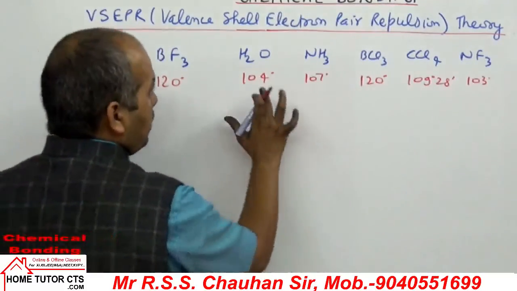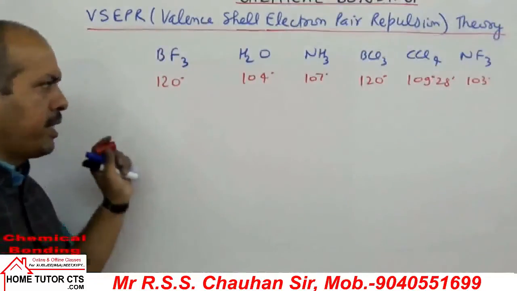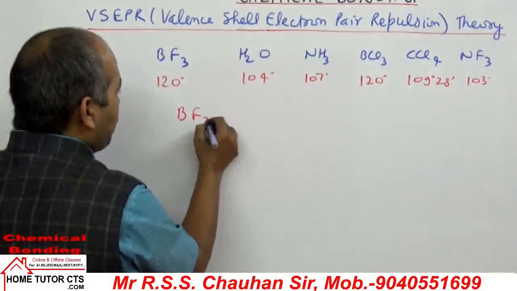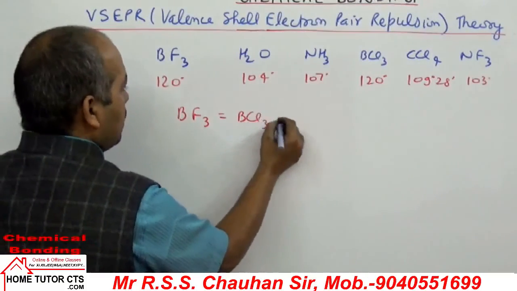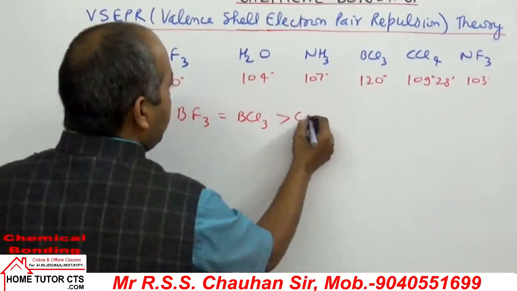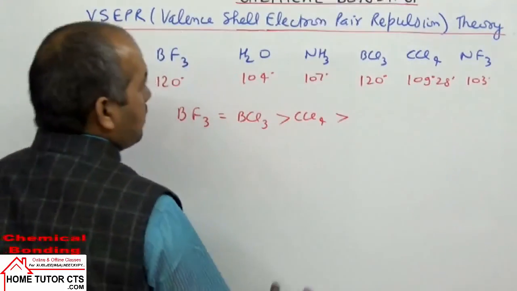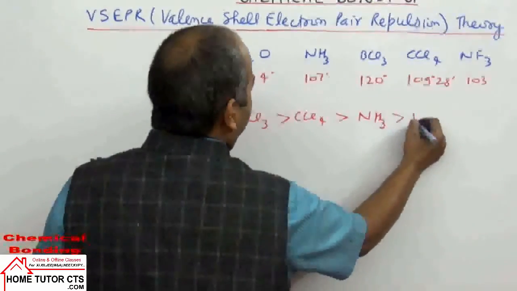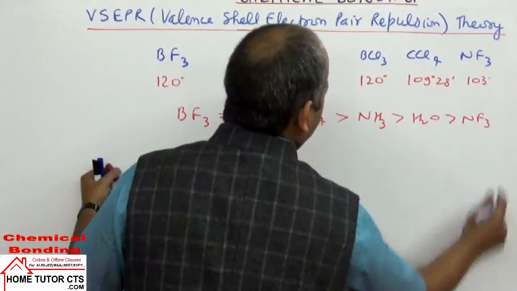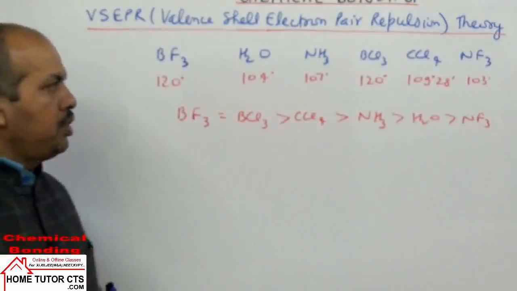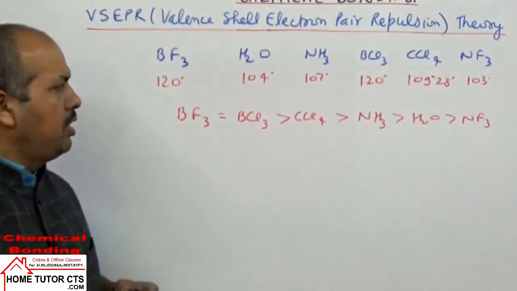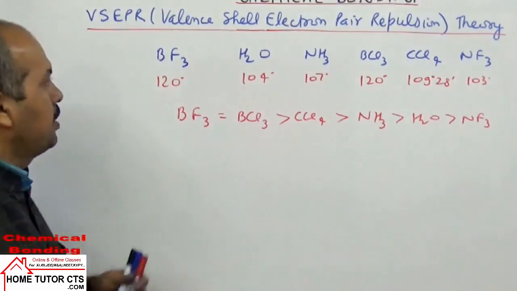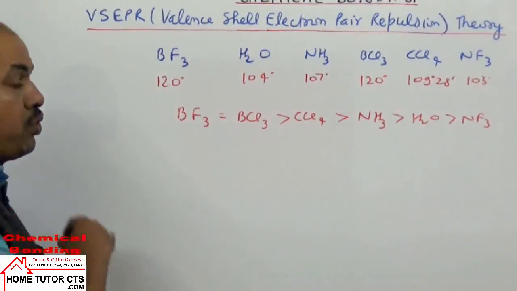Now you will have some problem comparing these a little, otherwise there is nothing else. So the angle order will follow: BF3 equals BCl3, more than CCl4, which is more than NH3, then water, and then NF3 is your answer. So whenever such a question is given, just be careful: first see what the shape is, what the geometry is, then you can compare easily. Okay. Now let us take the next sequence of n by 2 continuation.